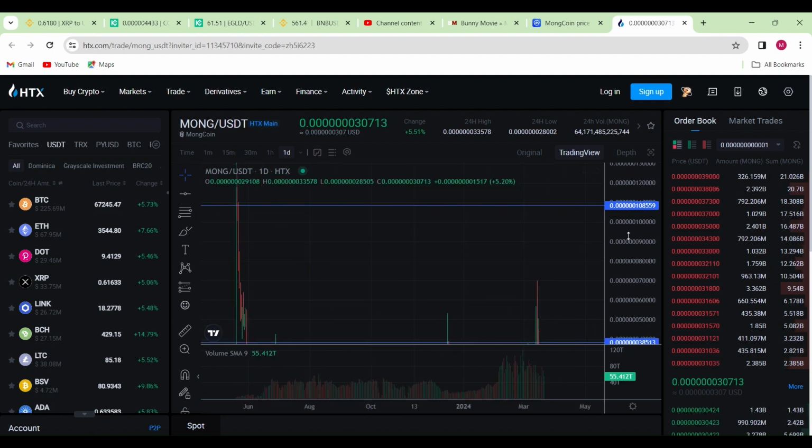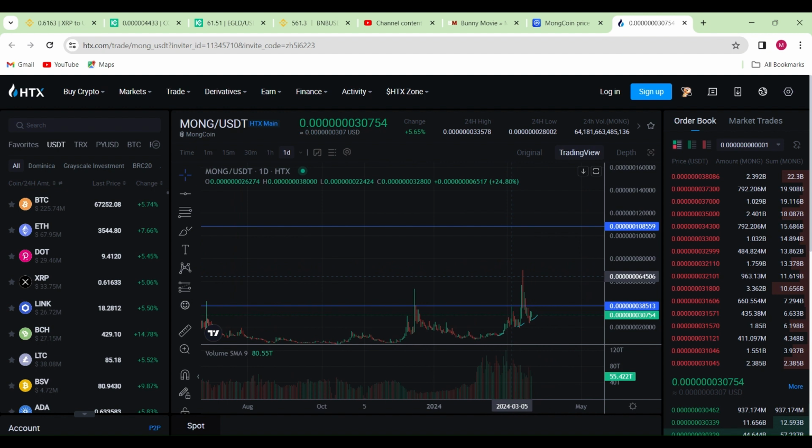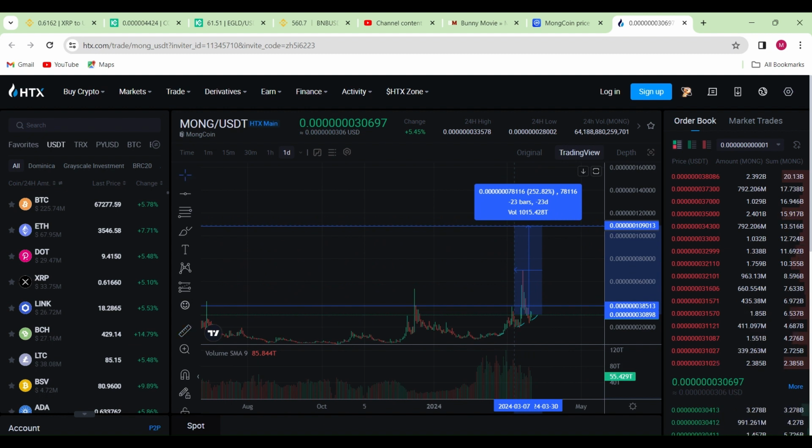What matters is taking a look at the chart from a zoomed out perspective, and then from here all we got to do is bring out the measuring tool, measure from the current price, and that should be our next target, which should bring us a nice juicy 252% move to the upside. However,